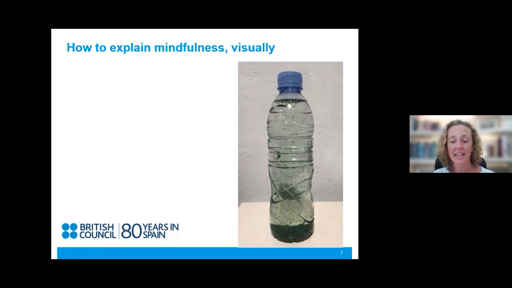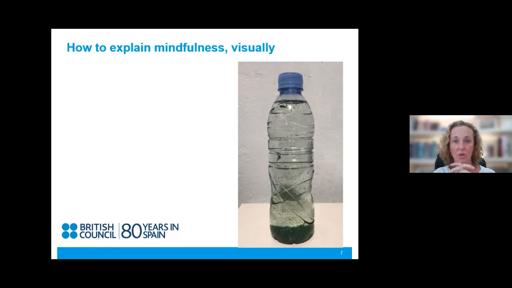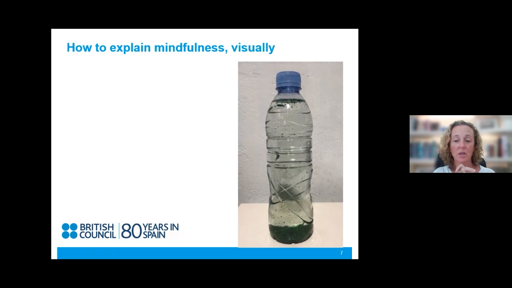What mindfulness aims to do is to just help those thoughts settle, hence creating a much more open space in your head to see what is actually in front of you at the present moment. So if you think of the inside of the bottle being like the inside of your head,